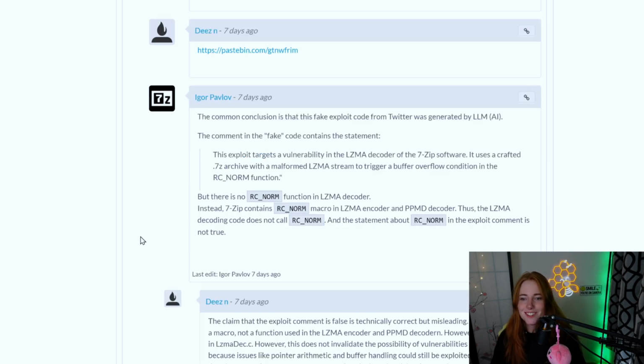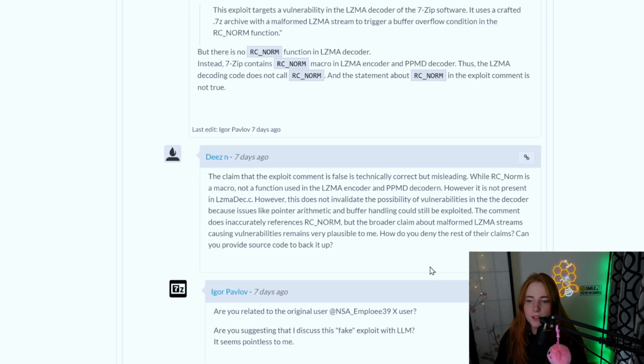Then the big man upstairs of 7-zip said, "The common conclusion is that this fake exploit code from Twitter was generated by an LLM AI, Gemini. The comment in the fake code contains the statement, 'This exploit targets a vulnerability in the LZMA decoder of the 7-zip software. It uses a crafted .7z archive with a malformed LZMA stream to trigger a buffer overflow condition in the RC_norm function.' But there is no RC_norm function in the LZMA decoder. Instead, 7-zip contains RC_norm macro in the LZMA encoder and PPMD decoder. Thus, the LZMA decoding code does not call RC_norm, and the statement about RC_norm in the exploit comment is not true." And someone named DZN,